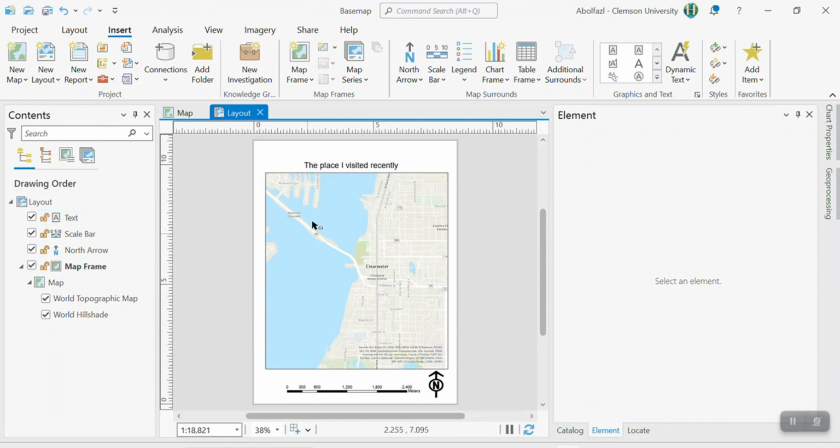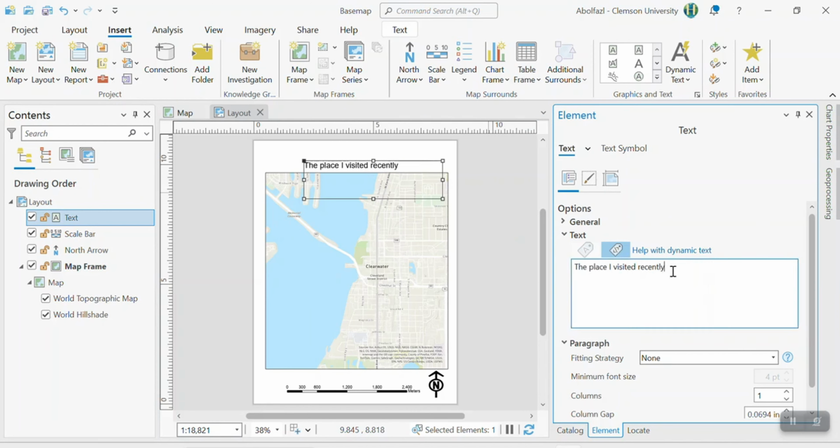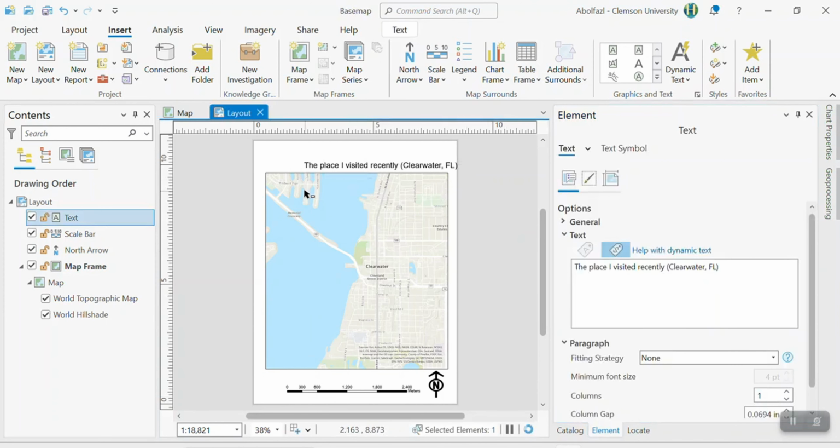So if you're happy with your map, you can also provide some information. For example, we can say Clearwater, Florida, FL. Another thing you can add is credits. So who created this map? We can again use text and then your name and the date for today. You can do a lot of stuff here,